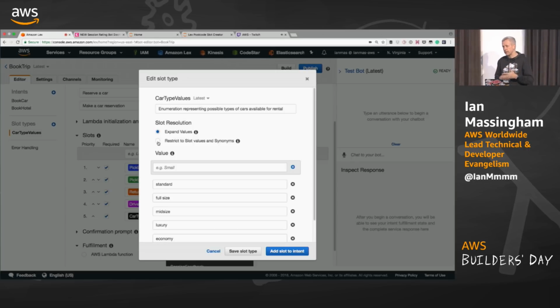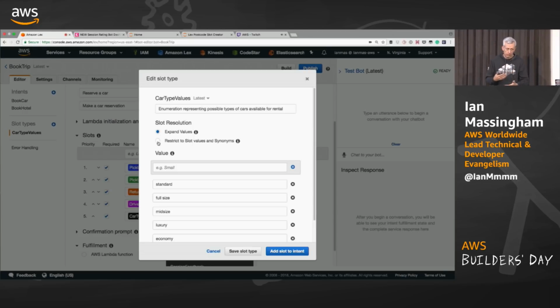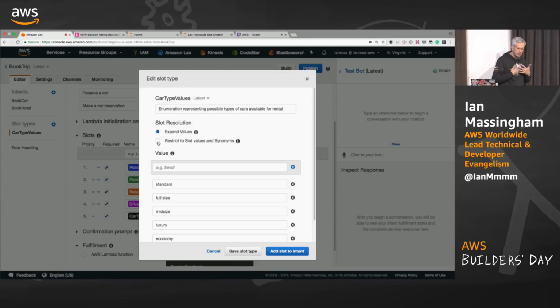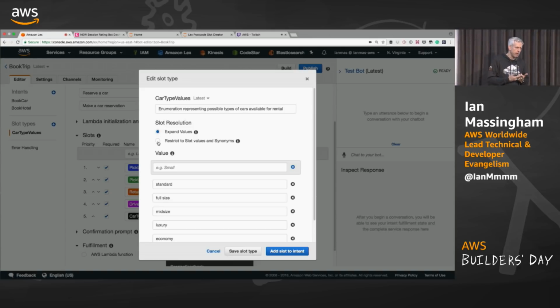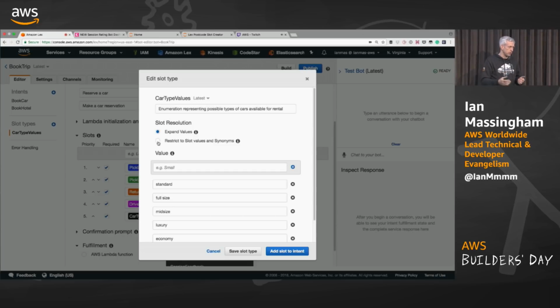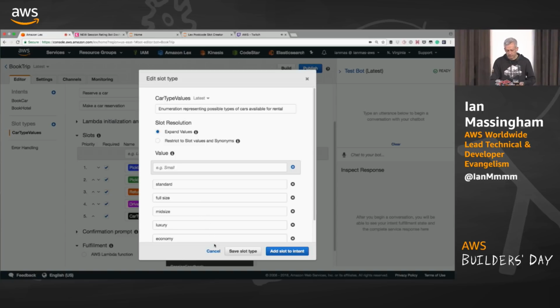And I'll show you an example of upstreaming custom slot creation later on, where we're actually going to use a publicly available data set to preload a custom slot with a large training set. We can programmatically drive that using a little bit of data manipulation, I'd call it, rather than data science, plus the Lex model building API to import data sets and build slots automatically using that kind of approach. That's quite a powerful technique that I've been experimenting with recently.